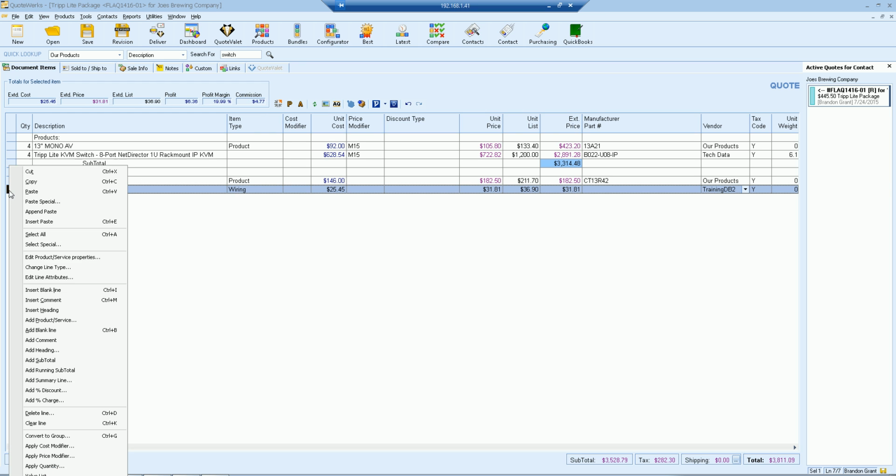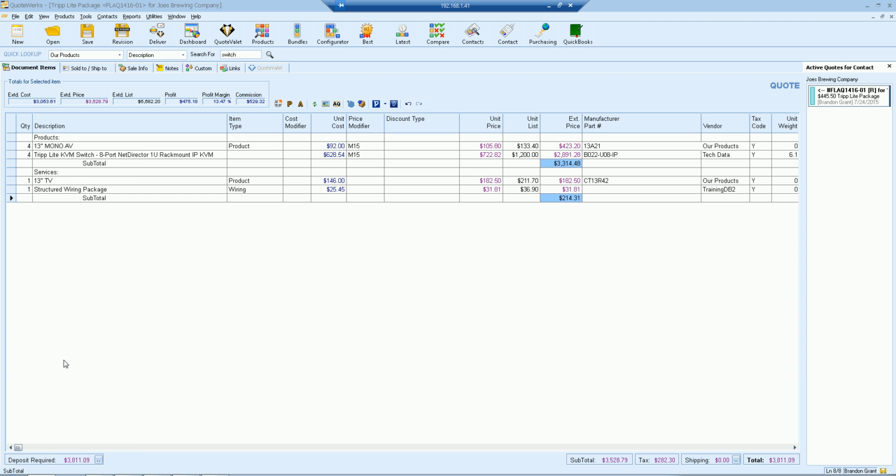You can run multiple subtotals on your document, and this will calculate basically all the line items above it until it either gets to the top of the document or another subtotal line. Subtotal is automatically going to populate the text here, but you can change this. In this case, if you want to call this your product subtotal or your product's total or room 1 total, you can change that. So if you wanted to change the way this looks or the text involved there, you can do that. But by default, it's always going to read as subtotal when you first add it into the